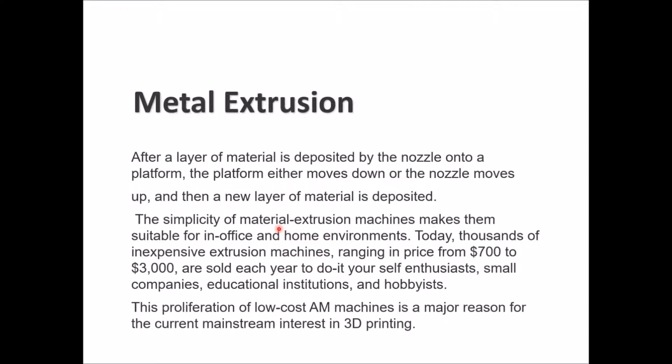Then we have as well the metal extrusion. For the metal extrusion, firstly you create the first layer of material by the nozzle on the base or on the platform. So the platform usually either moves down or the nozzle will move up so the new layer of material can be deposited. Material extrusion is usually considered simple, and the machines doing the material extrusion are considered simple and relatively cheap,